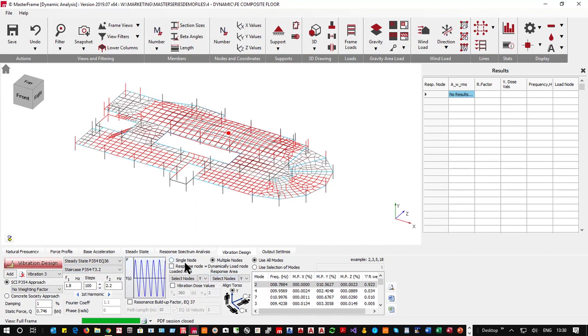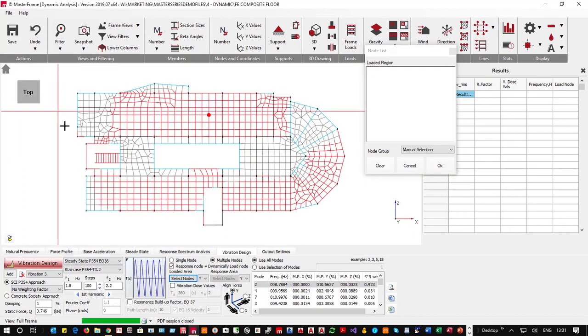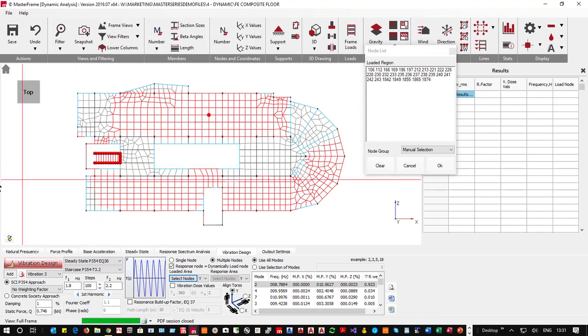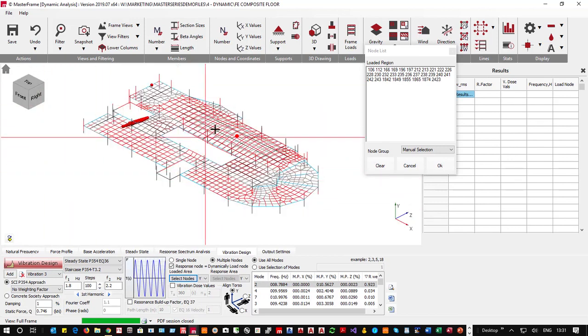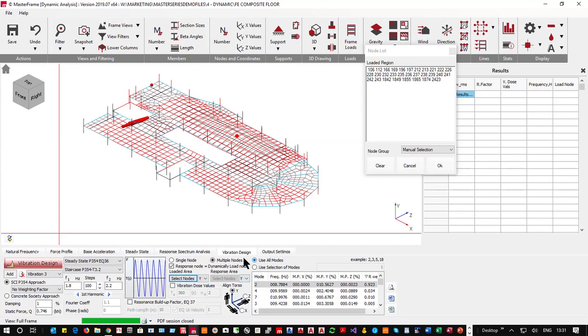And we're going to come down and we're going to select multiple nodes, response equals, and we're going to go and select for this loading case all of these nodes here. So what we're now getting back in here is these, and we're now going to move ahead, and because it's a floor we need to